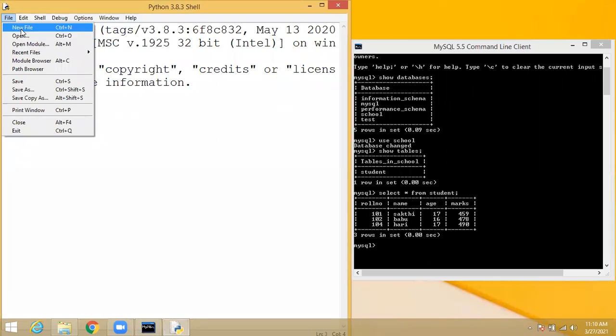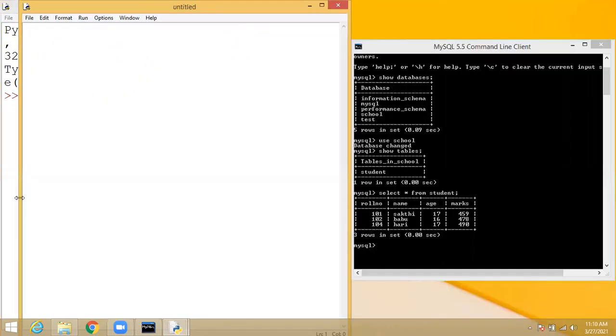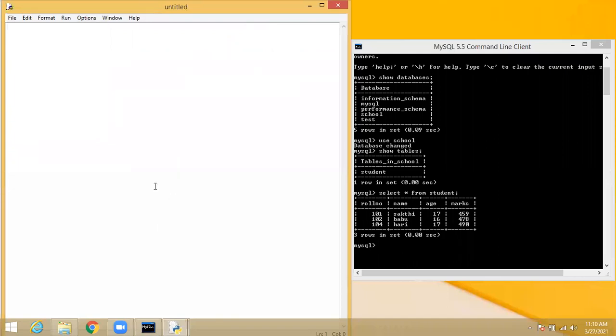Yes, sir. Okay, so what is the first step, students? In a connectivity program, what is the first step? Start a Python program. I just now started, this is a new screen. Here the first step is to import the module. Practically, importing a module is the first step. So you give this command: import mysql.connector. This is the first line. You need it to connect MySQL and Python for the execution.